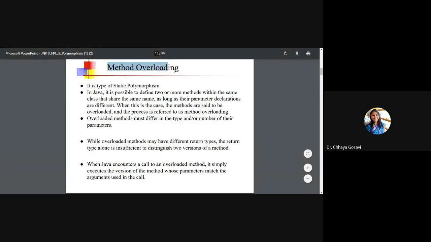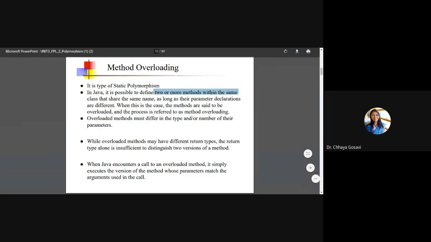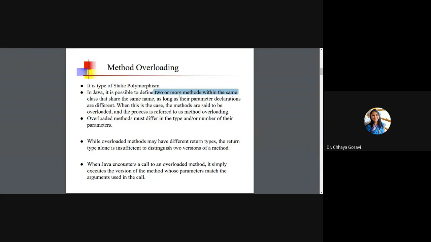So we'll start with function overloading or method overloading. It is a type of static polymorphism. In Java, it is possible to define two or more methods with the same name. The condition is the method name should be the same. The number of parameters or type of parameters can be different. Return type doesn't play any role here.